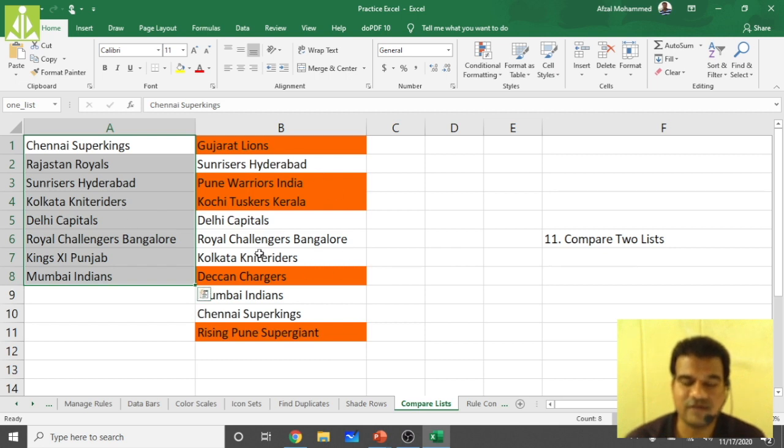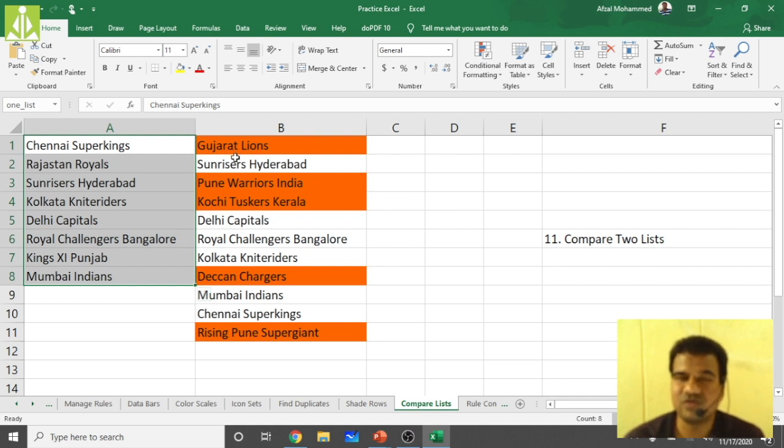So how have we done this? Simply we did the comparison between this list and this list, between the B list and the A list, in such a way that there should be coloring when there is no match. So what we have to do is take equals to 0. If you want to color when there is a match, then take it as 1. If you want to color when there is no match, then take it as 0.